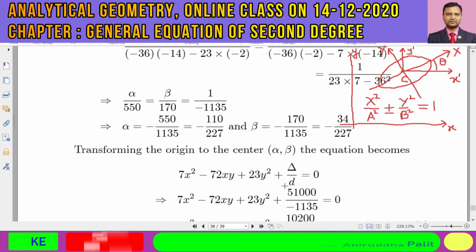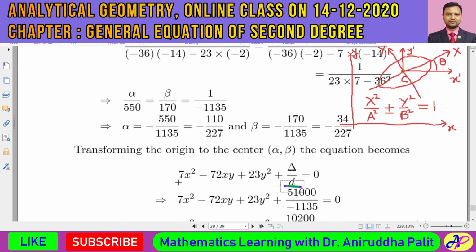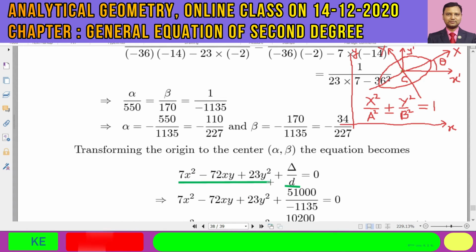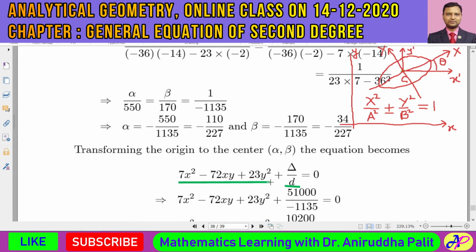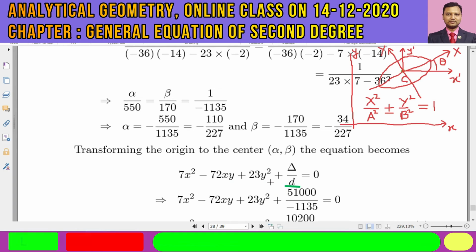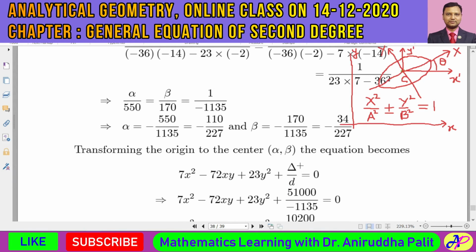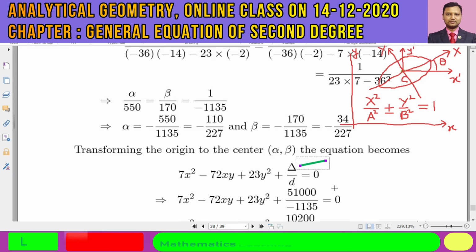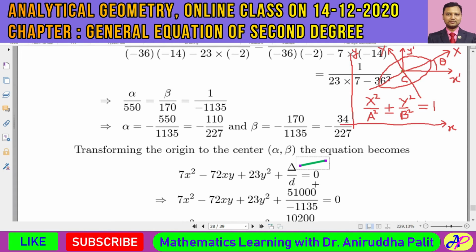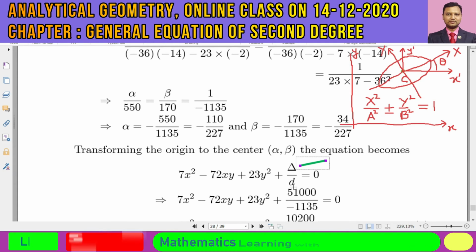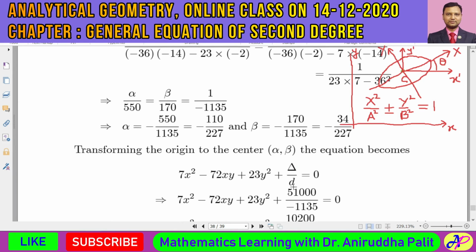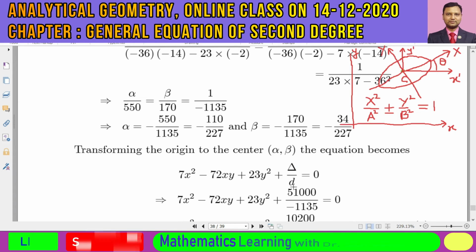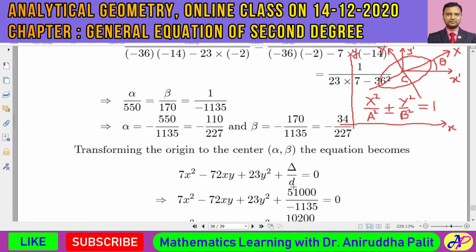the given equation is converted into, the second degree terms remain the same, the x square term, y square term and xy term, they do not change, only the change is there in the constant term. That constant term would be equal to delta by capital D. There is a printing mistake. Be very careful about it because I am a human being, I make many such mistakes. So capital D should be there over here. This should be capital D. Okay, this should be capital D. Got it?